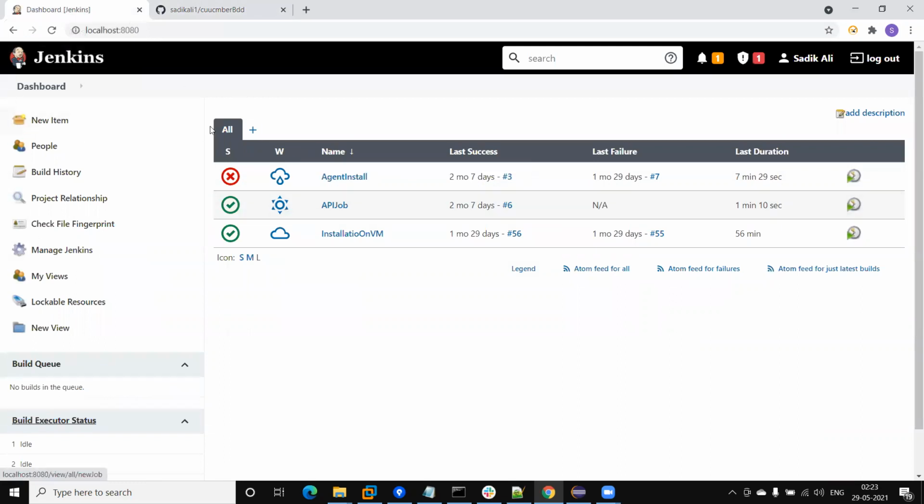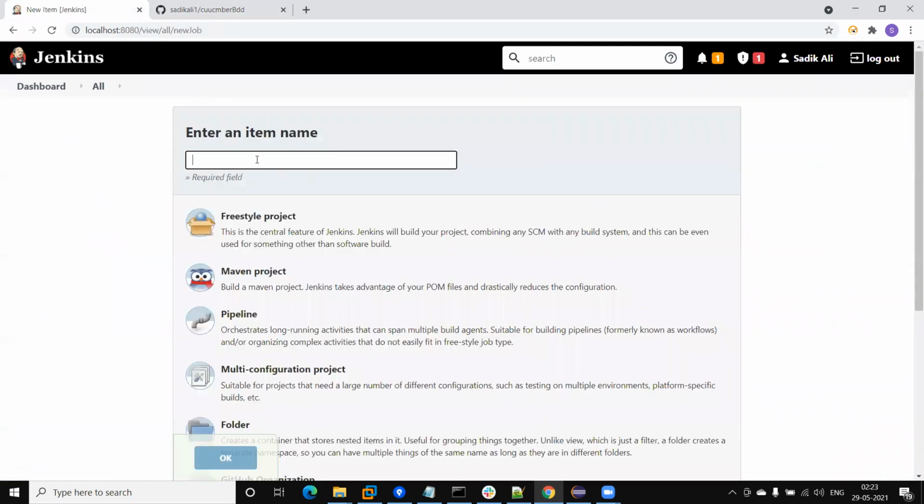So this is the Jenkins. We can create a project here by clicking the New button. Click on this, and now I am going to create a BDD Cucumber project. This is a Maven based project, so I will select the Maven option, this one.